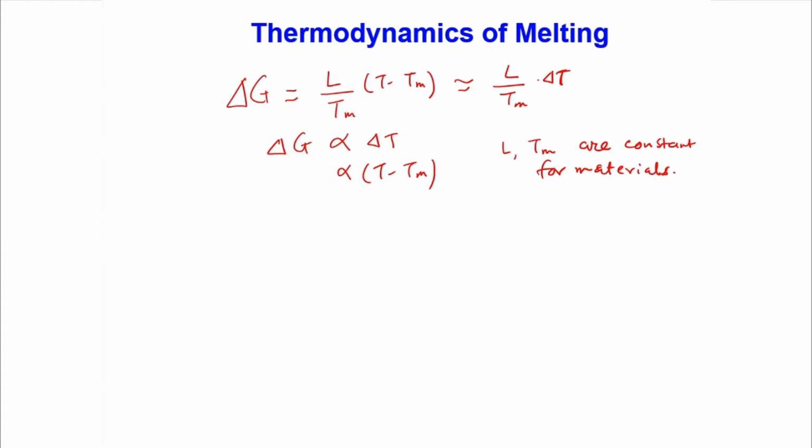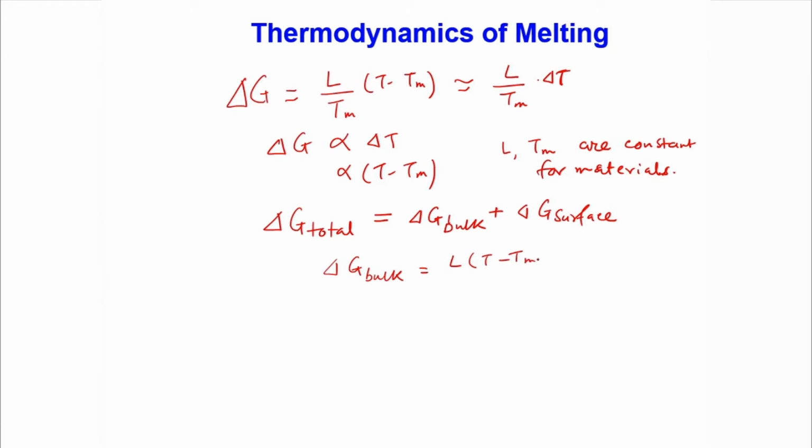That is something which you should know very well. So, as you know, for nanomaterials we have written already many times that delta G total can be written as delta G bulk plus delta G surface, because nanomaterials have high surface to volume ratio. And delta G bulk, as we have written above, can be written as L times (T minus T m) divided by T m,